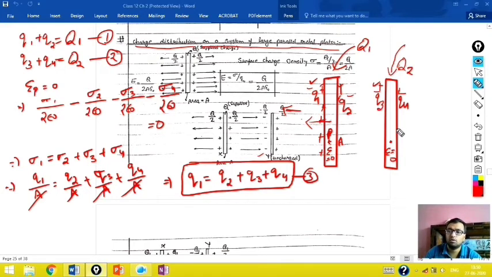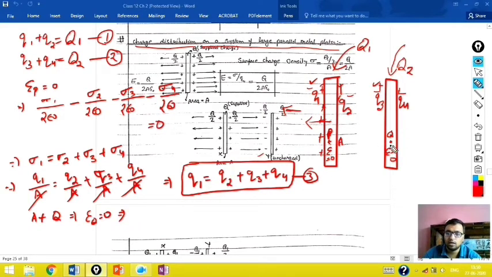Similarly you can get equation number 4 at this particular point. Say this point is Q. We can say that at point Q our electric field should be 0. Why at Q is electric field 0? Because Q point is placed at the interior of this plate. That's why.